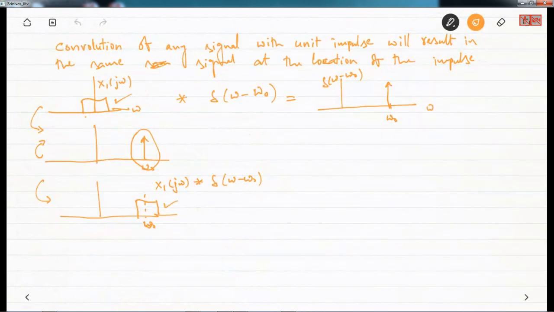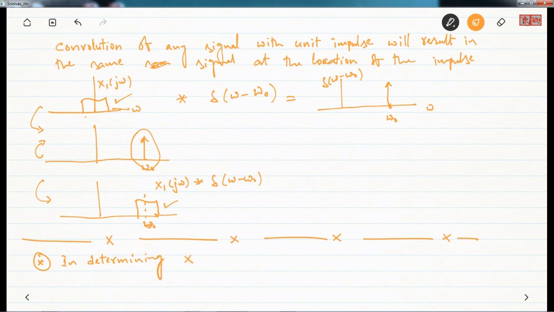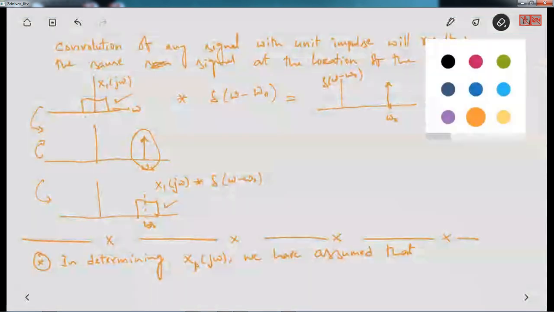So this is about convolution of the signals. One important point is, in determining xp of j omega, we have assumed that omega s. We did this assumption,